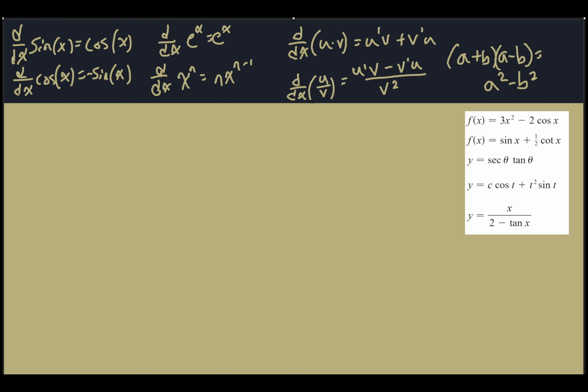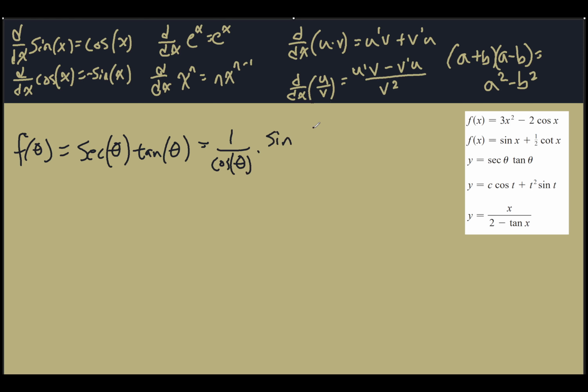It's wild. And I want to focus on one problem here, which is this one. I think it's the hardest one in this particular problem set, so I want to do this one first. It's a function of theta, so I'm going to call it f of theta. And that's equal to secant theta, which is a stupid term, tangent theta. And I'm going to rewrite that as what it really is: 1 over cosine of theta times sine of theta